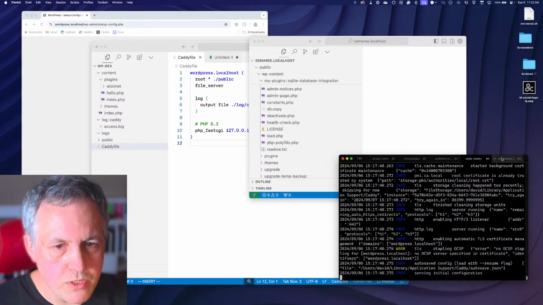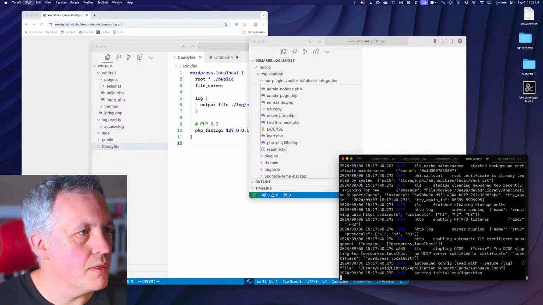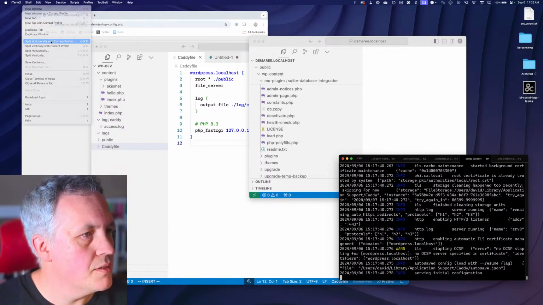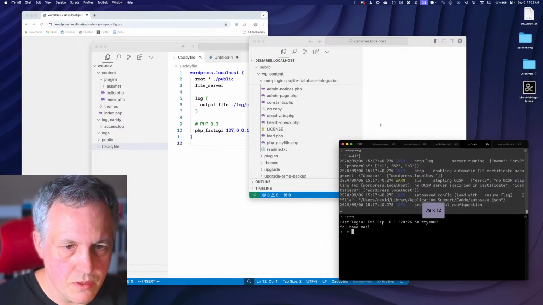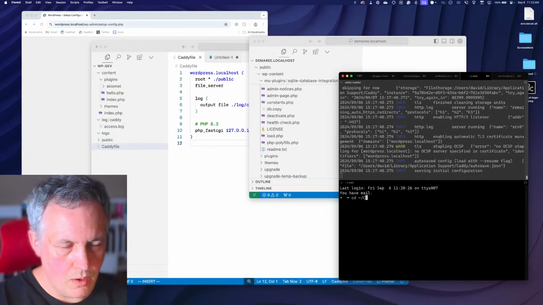But first things first, I'm now trying to remember, okay, how do I do a split? Split horizontally. There we go, because I wanted to keep this all in one window. So we still got Caddy up here doing its thing. We're going to go into our code